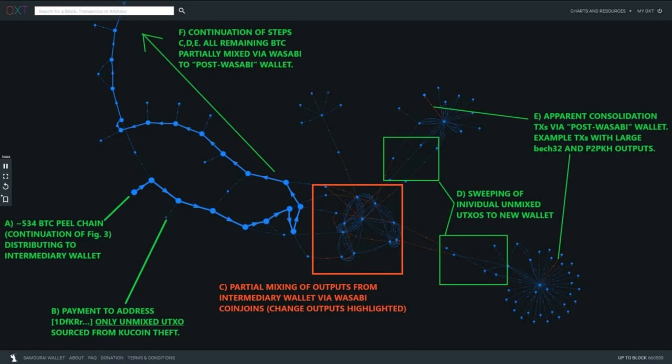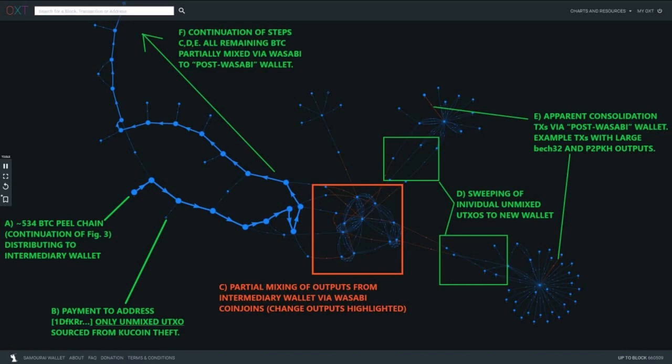They're swept one at a time out, basically a single line, right? And then consolidated into a follow-up transaction that looks kind of noisy if you're just getting into looking at the transaction graphs for the first time. The peel chain is pretty clear on the left side of the graph. Wasabi in the center has another distinct fingerprint or distinct visual with lots of UTXOs being shared and the distinct change outputs that are easily traceable. And then the sweeping to this new entity,